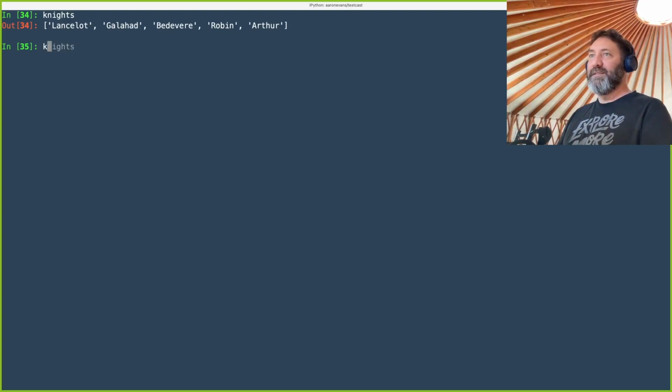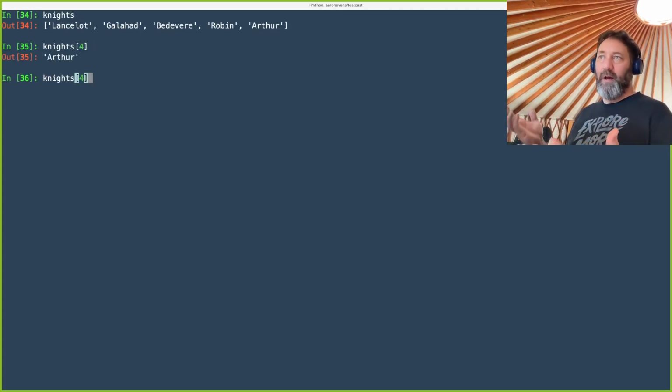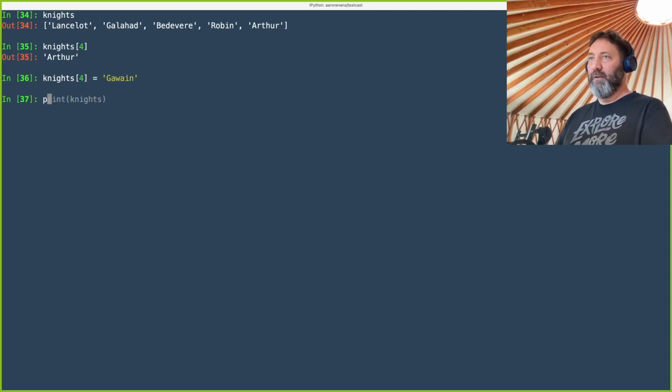If I want to replace Arthur, knights sub 4 is Arthur. I can reassign that value and make it Gawain. And then you can see if I print my whole list of knights, I'll actually go through and